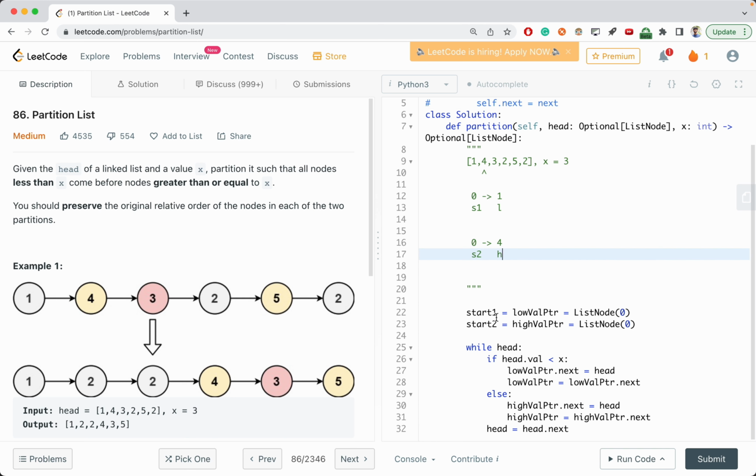And my head value again increases. So now my head value is pointing at 3. Since this value is also equal to x, this will come to the else condition, and my high value pointer again increments and will direct to this node, and this goes on and on. In the next condition, since I have the value 2, it will come to the if condition, and my low value pointer increases now,